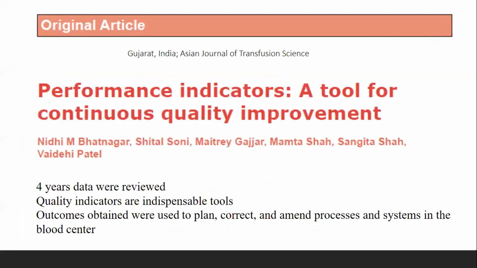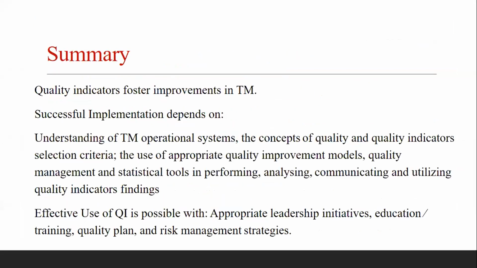And from India, we have the experience shared from Gujarat, where they have reviewed their 4-year data on quality indicators and finally concluded that it is a very good tool, helps in correcting and amending the processes and the system in a blood center. So to conclude, the quality indicators help us to improve our transfusion services,